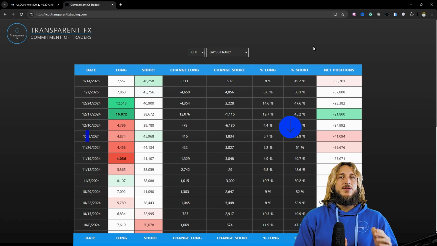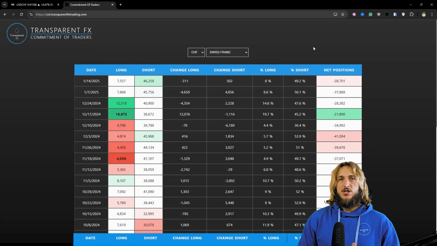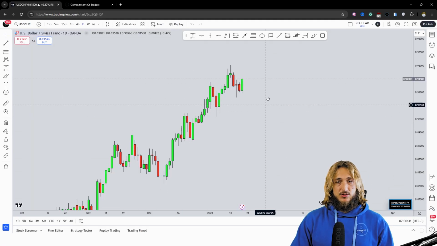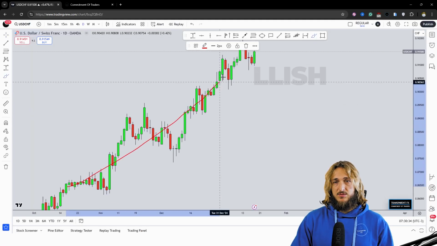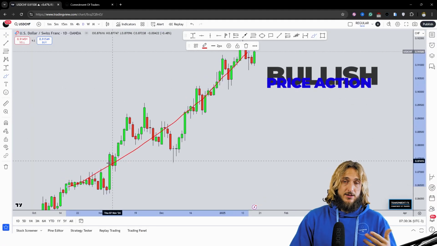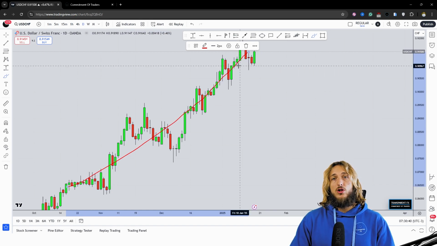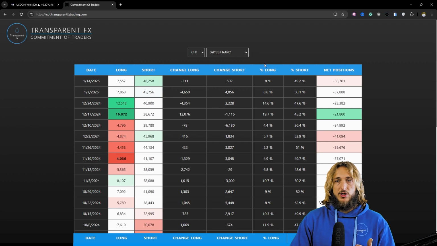So we had a massive decrease of net positions, which is starting to make the CHF weaker. And that is no surprise because in fact, the market has been trending higher. So the market has been trending higher, fueled by institutional longing of USDCHF, because if institutions are shorting the CHF